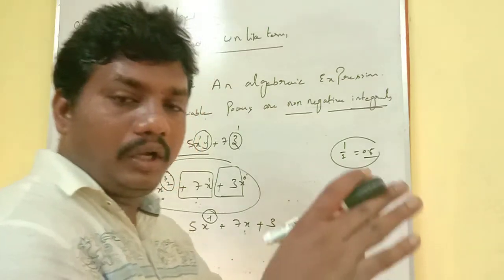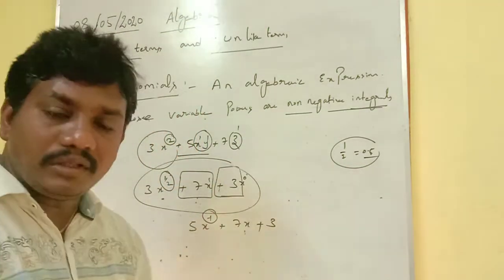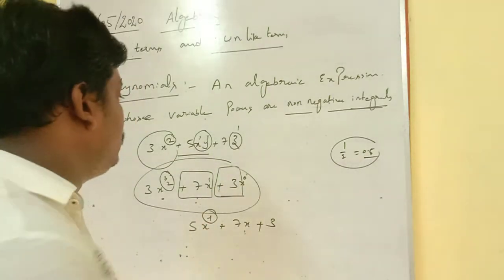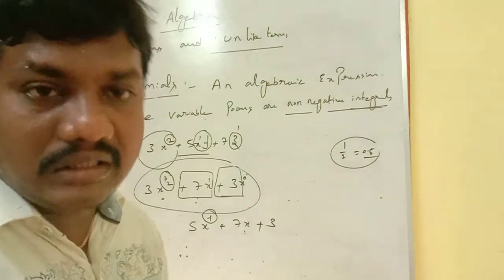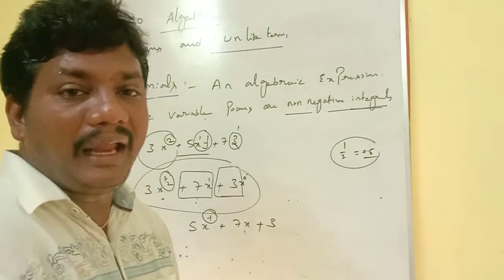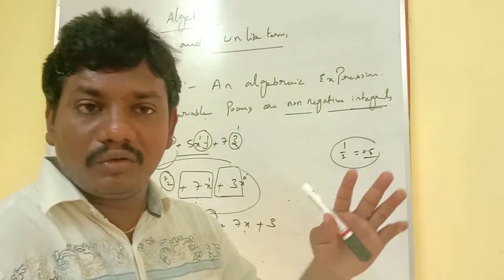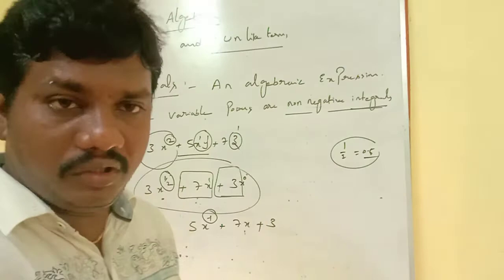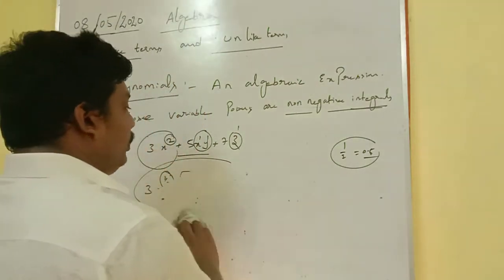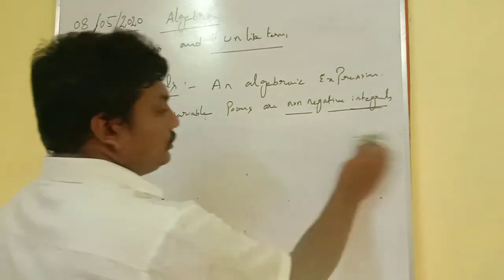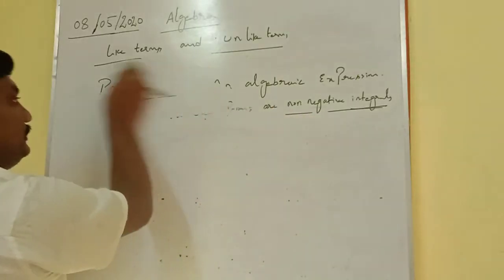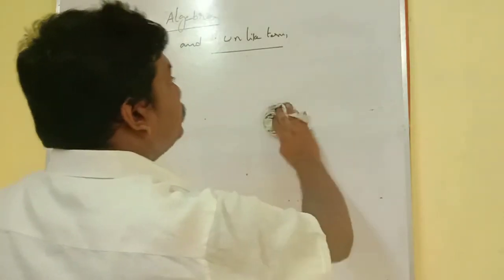Now I hope you understood. Algebraic expressions which have negative powers or non-integral powers are not polynomials. So you can practice which are polynomials and which are only algebraic expressions, not polynomials. You can consider your own examples and practice whether each is a polynomial or not. Form some questions yourself and practice; it is better for your understanding.